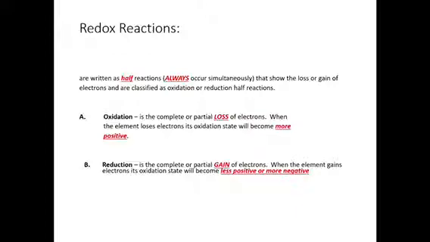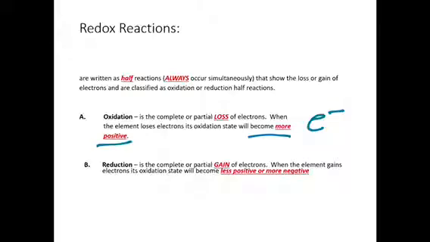So first of all, what is oxidation? It is the complete or partial loss of electrons. And so when an element loses its electrons, remember electrons are negative, so it's losing things that are negative, so the oxidation state will become more positive. And then the opposite is true for